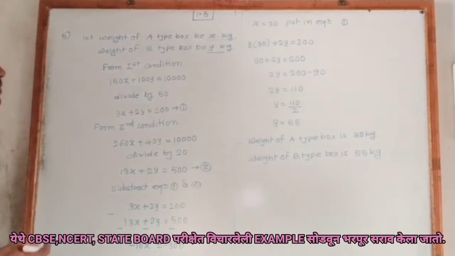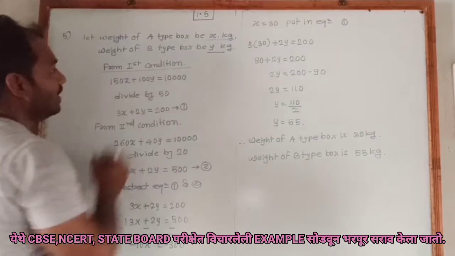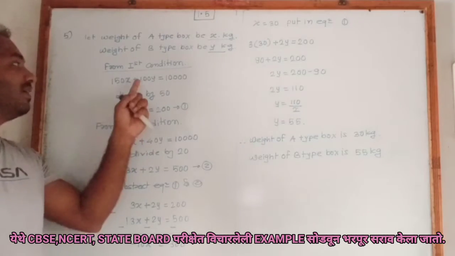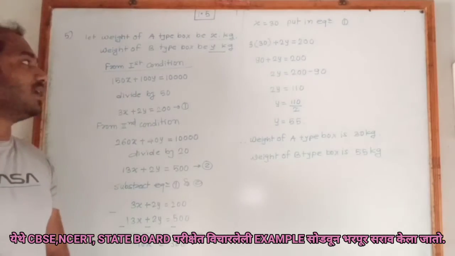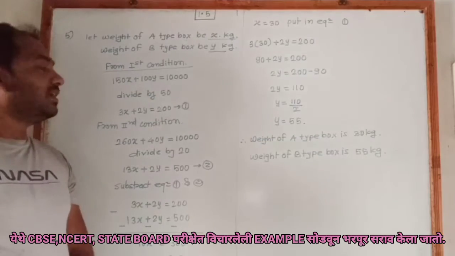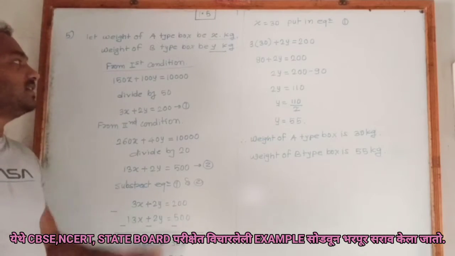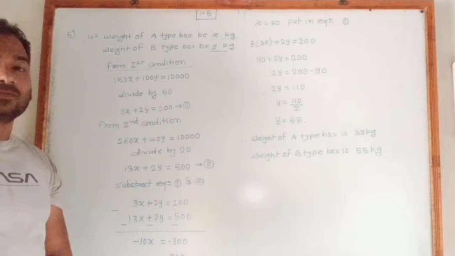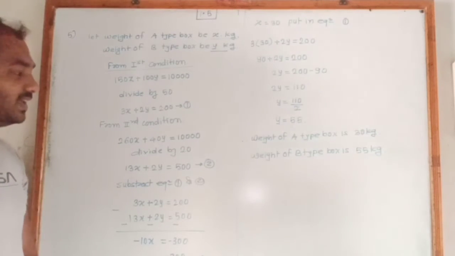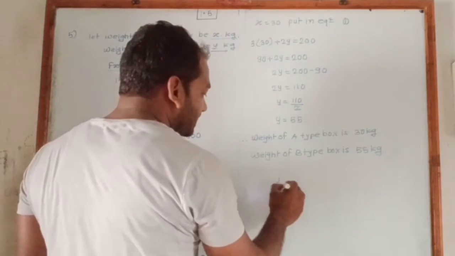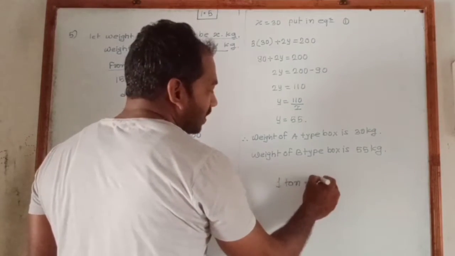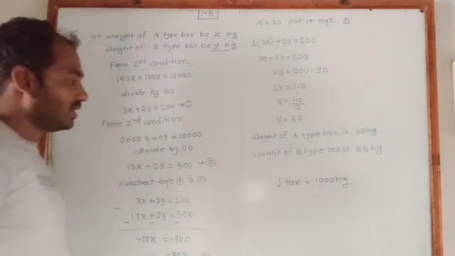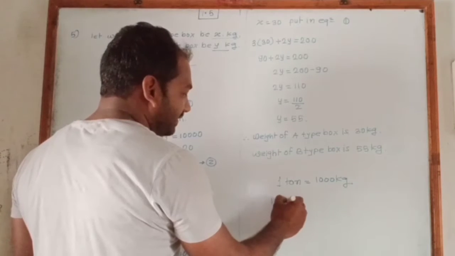According to the first condition, 150 boxes of A type and 100 boxes of B type are loaded into the truck, then the 10-ton capacity is fulfilled. One important thing here, 1 ton contains 1000 kilogram. This we have to remember. That means 10 tons contain